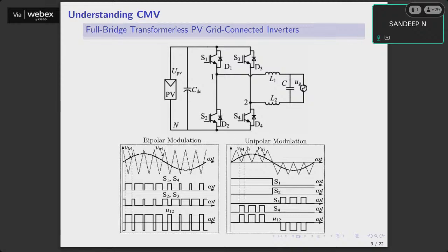So ideally, what should our inverter function like? Our inverter should function like a synchronous generator, because that is what we have traditionally, that is what we know, right? Whenever we say an AC generator, or whenever we visualize an AC signal or an AC waveform, where does it originate? It comes from an AC generator, right? So an alternator or a synchronous machine. What is different here is that in a synchronous machine, the machine is free to rotate in the air gap,